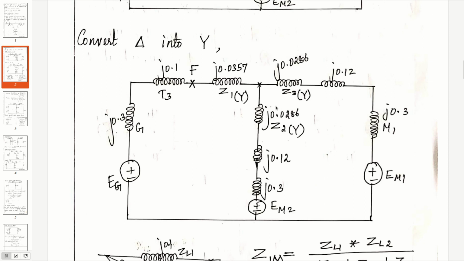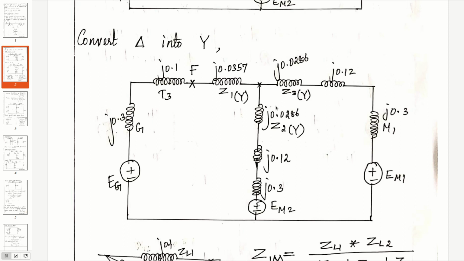Now we have to draw the Thevenin's equivalent positive sequence network. For that we need VPF in series with Z1 equivalent. What is VPF? It is the pre-fault voltage at the fault terminals. But the given power system network is on no load, as mentioned in the question. So we assume VPF is equal to 1 angle 0 per unit.